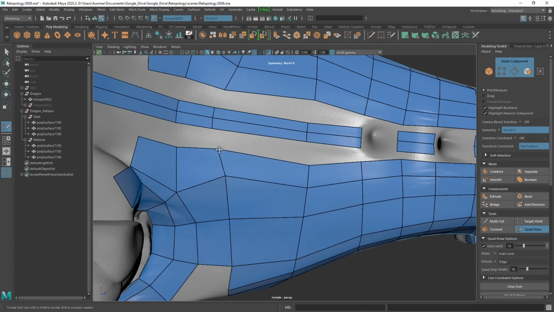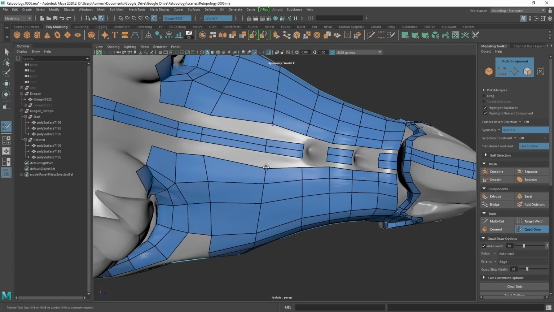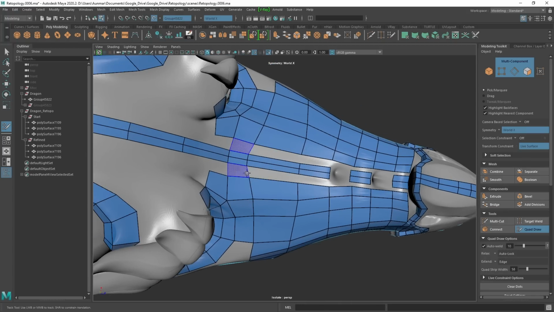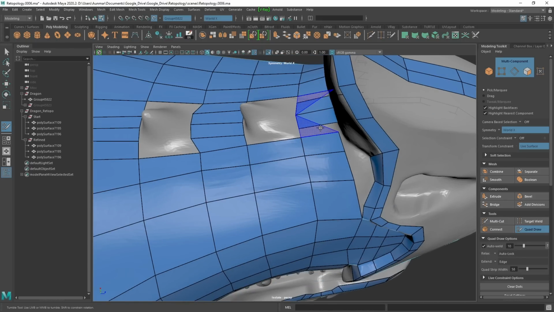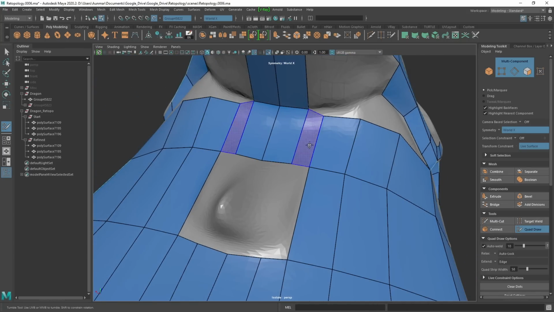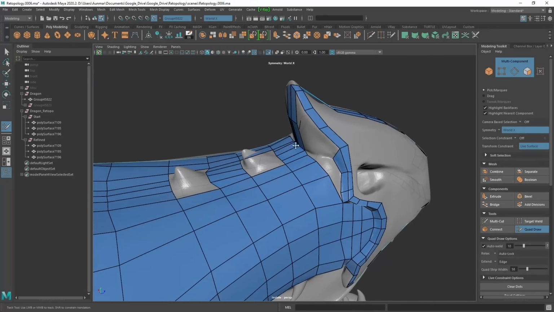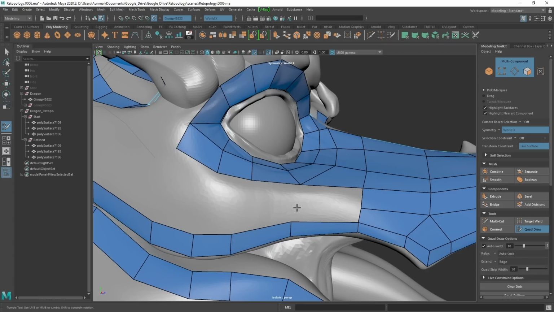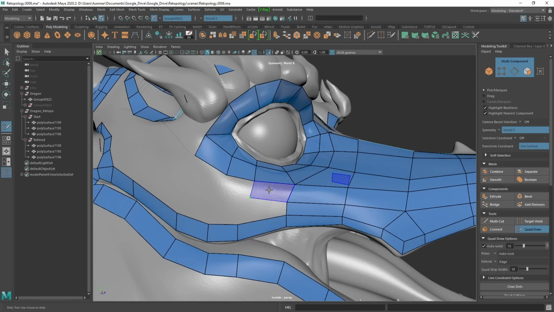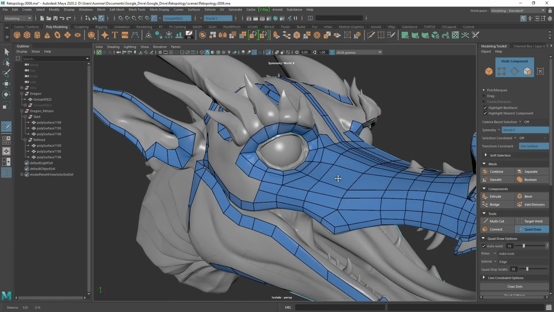You can kind of see, again, just how we're manipulating and adding and making sure that we're keeping the same amount of face loops and edges to add and to connect from one end to the other. Kind of messed that one up. There we go. So I think you get the idea. I didn't want to go too long here, because I'll show you a narrated version as well. And so you can see now I can continue this and work my way. So this is just a quick high level of how I'd start with the eye loop and the face loop,